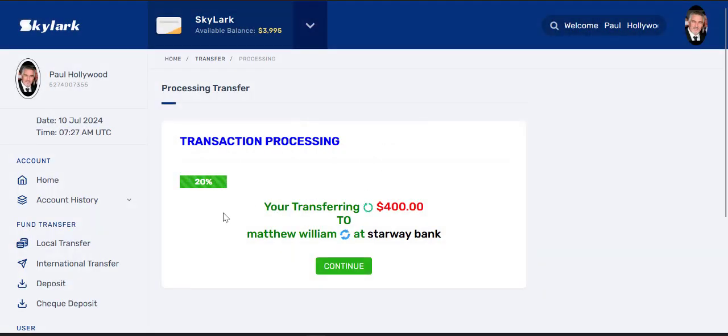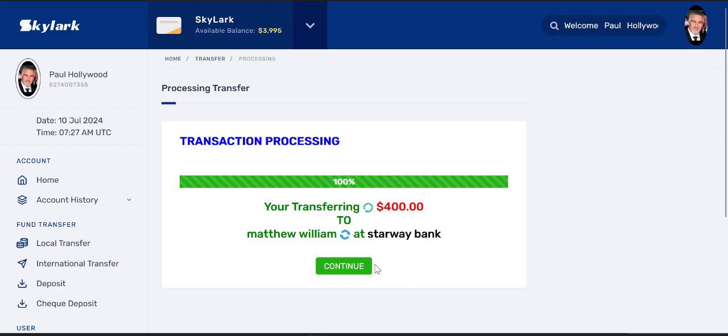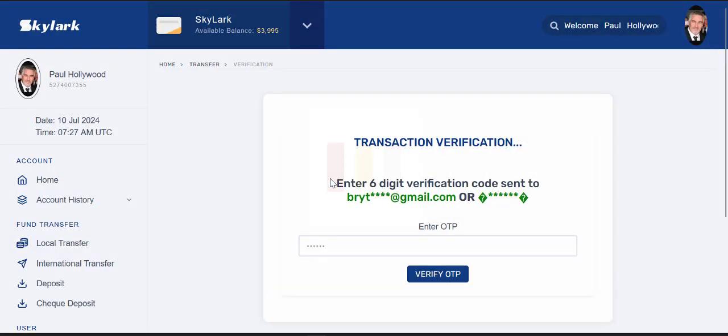So you see that right now. You can see that the transfer is actually in progress right now. See that it's loading, the transaction is processing. So now you click on continue. So you get to this page where it's asking you to input your OTP that has been sent to your